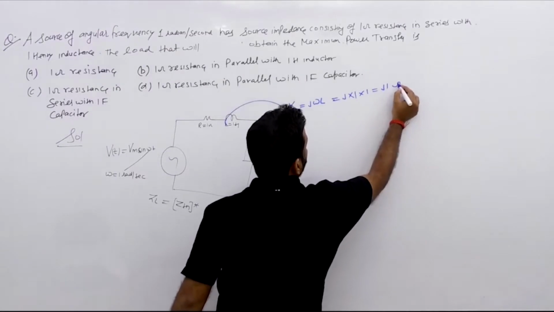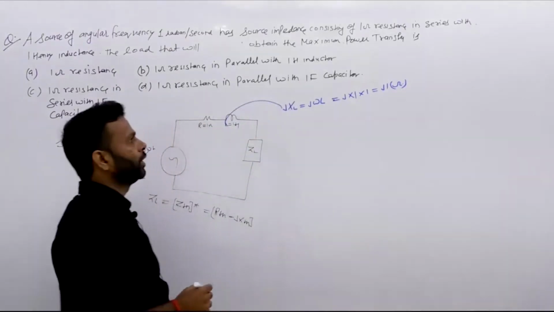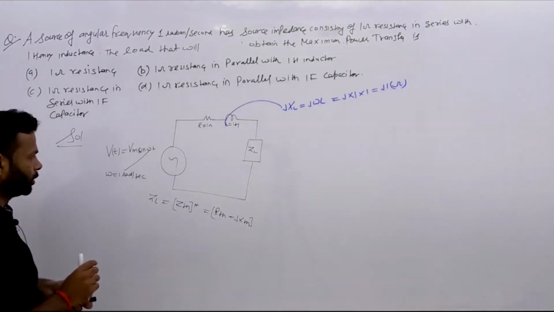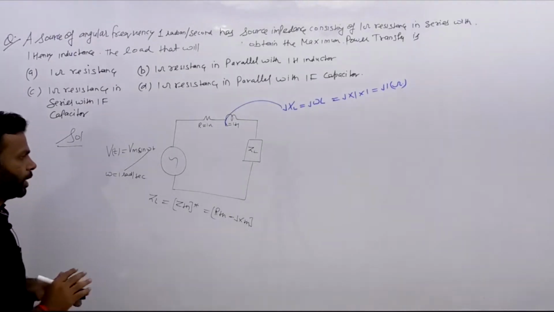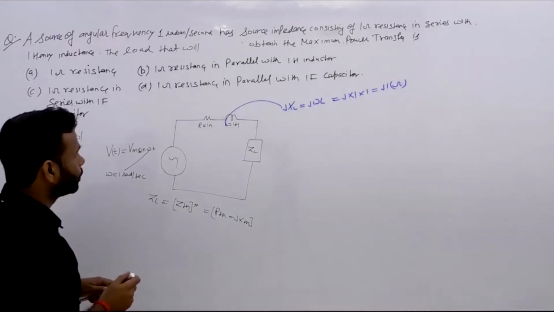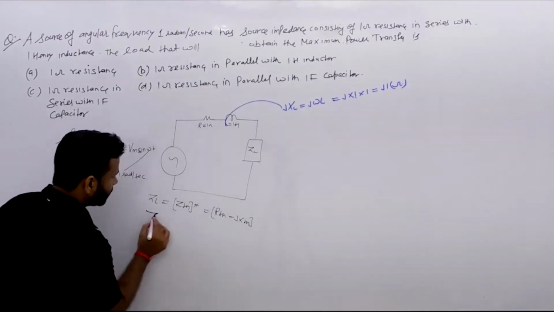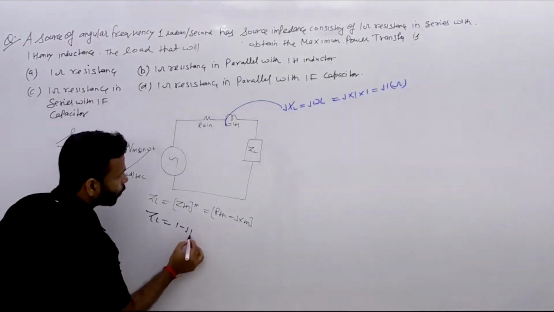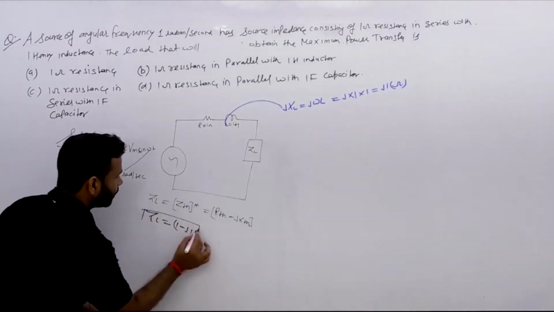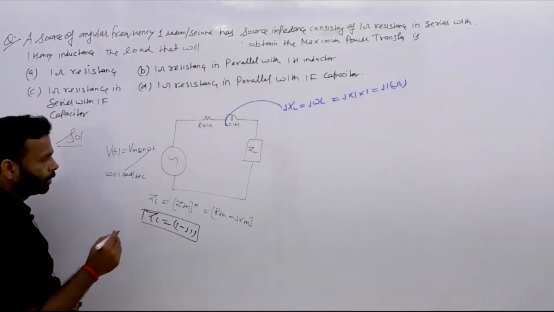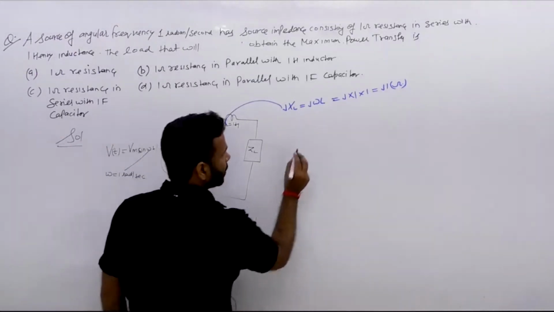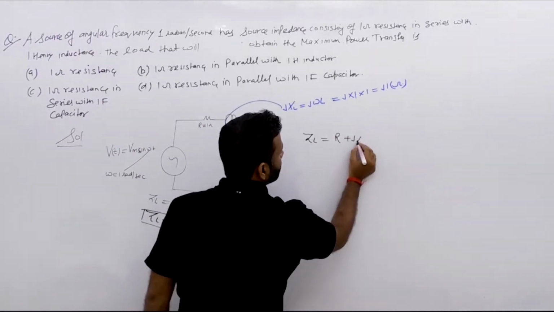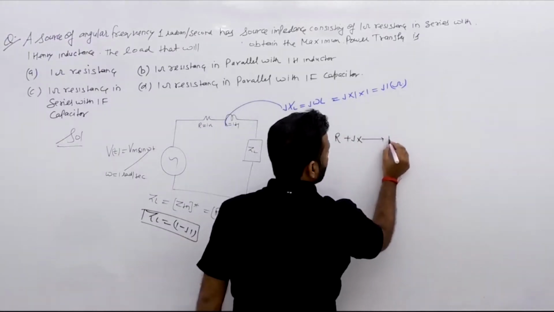1 ohm. Okay, so this is the inductance value in ohm. Now what are the conditions for the maximum power? For the maximum power, ZL is equal to RTh minus j XTh. So put the values: ZL is equal to 1 minus j1. Now if you see the result, I have already told you in the last numericals that if your load is in the form of R plus jX, then it is RL